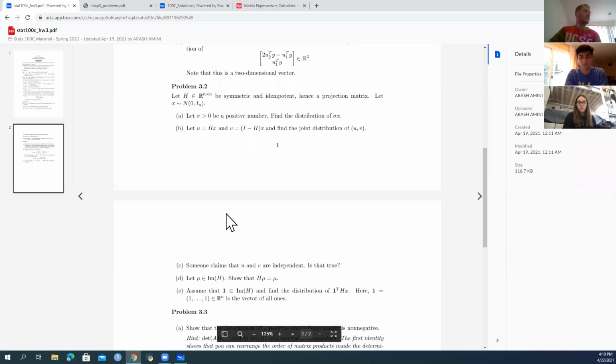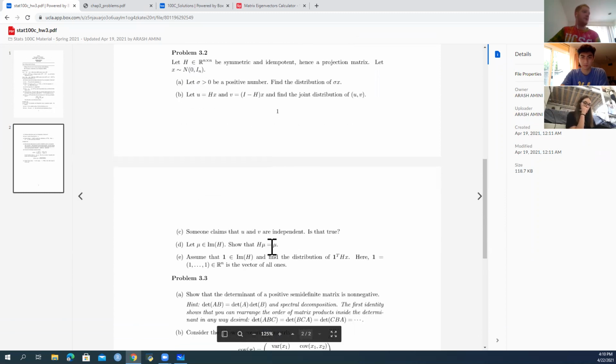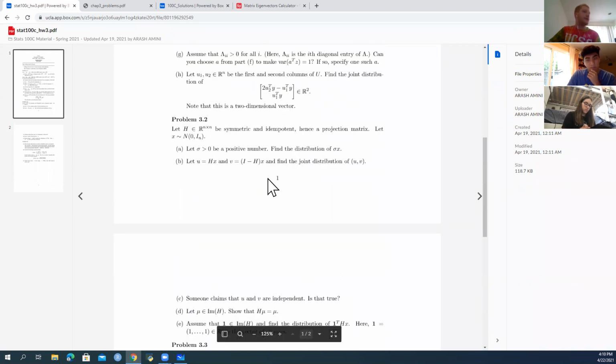Let's talk about 3.2. So we have an H, which is a symmetric and idempotent matrix, aka a projection matrix. And X is normally distributed, 0 and n. Why don't I just do D and E for you, and then I'll start from 3.1, from the beginning, or actually from these problems. Okay, so